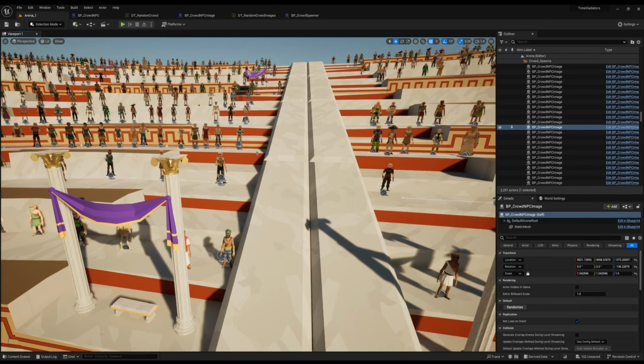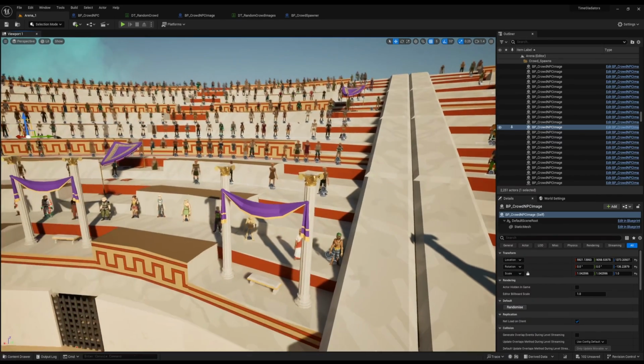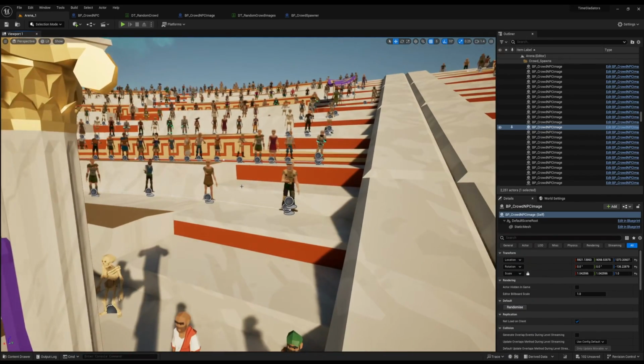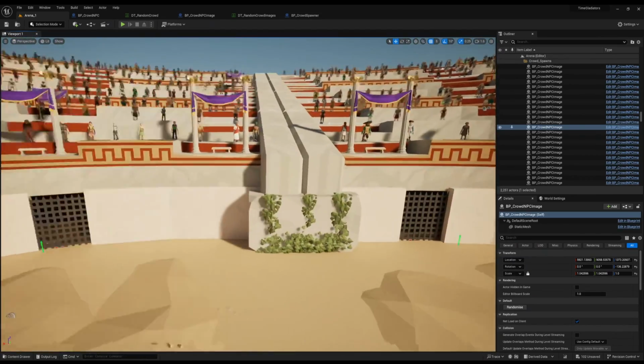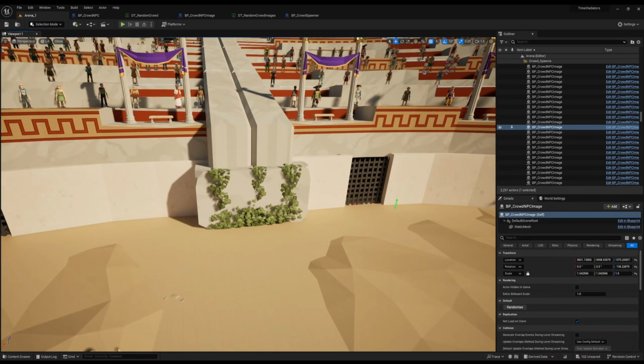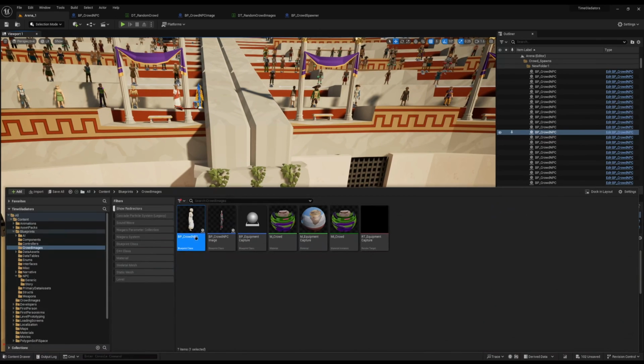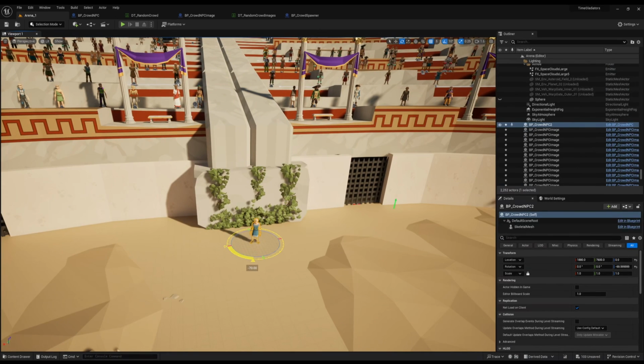Now, the way I've done it is a very hacky way, but it works. That's the benefit of it. You wouldn't deploy this in a live game, as in the bit that takes the images. The crowds themselves, yeah, deploy them in a game, they're completely fine. So the way I did it is I just used one NPC, just a single one. So if I grab this guy and drop him here and rotate him so he faces the correct way,